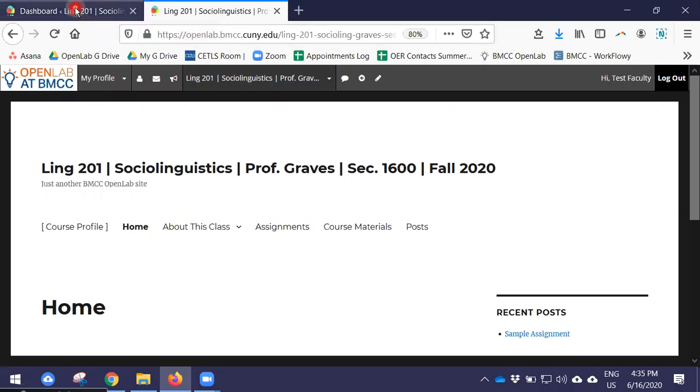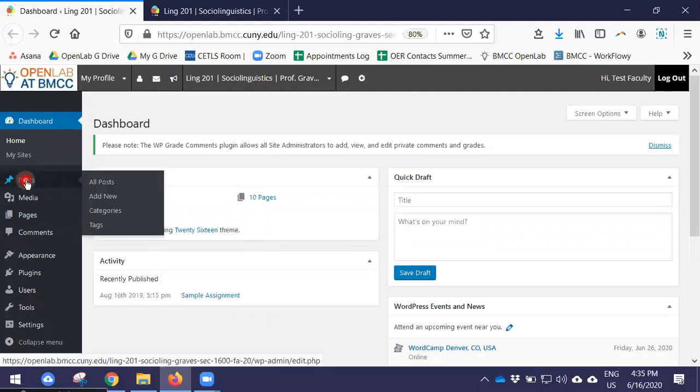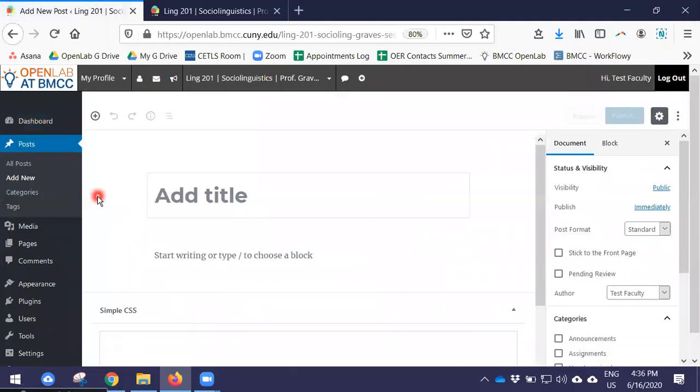So to create my post, I click on the tab that takes me to the dashboard of the site. On the left, go to Posts and then Add New. From here, the default is to start by creating a title. So we can type something like